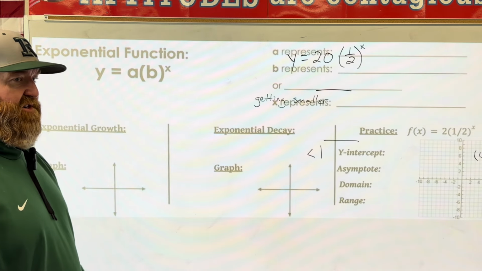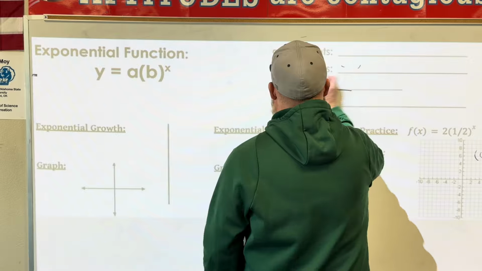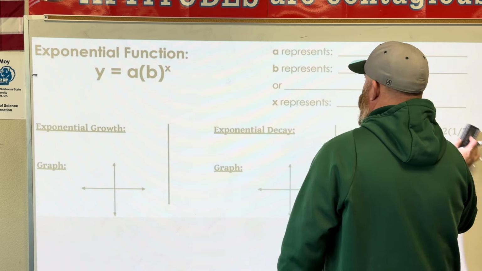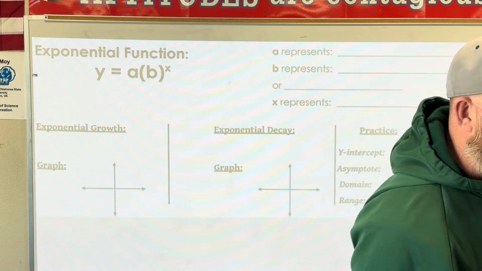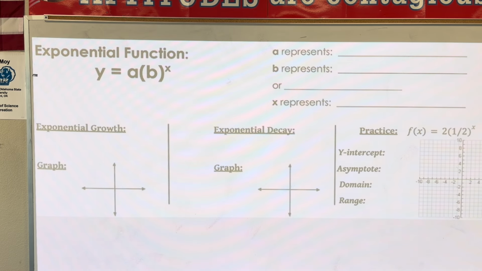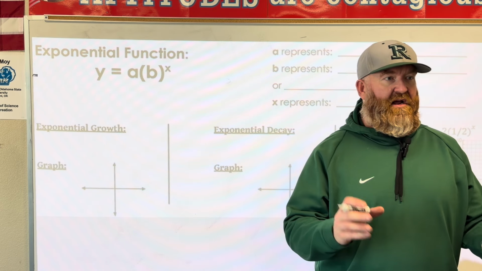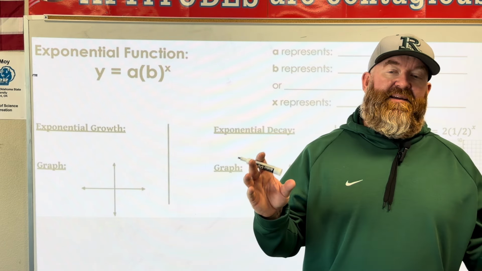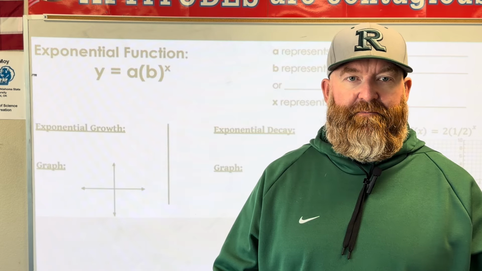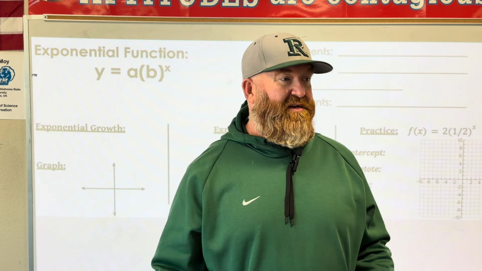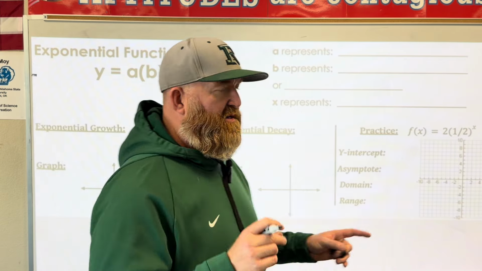All right, let's talk about the official math part of this. Y equals a times b to the x. Now, here's how you figure out the equation. This is what you're going to do today. It looks more complicated than it really is. Would you agree with this? Even people that have struggled with math, once they got the hang of it, said this is actually really easy. You just have to find the pattern. Everybody with me?